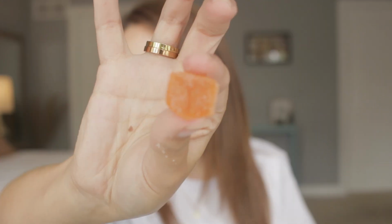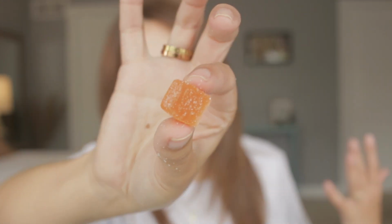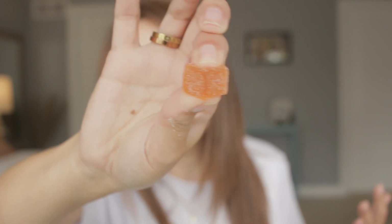For somebody like me, I was finding that the 12.5s are really acting more like a microdose, and I was having to consume a couple of them. I don't absolutely love the texture. I find that they are a little bit stiff. They're like these little cubes like this. And basically all these edibles are also coated in a sugar, but see how stiff it is? It's a chewy gummy. But these hold up so well, and they're so consistent that this is what I trusted to take with